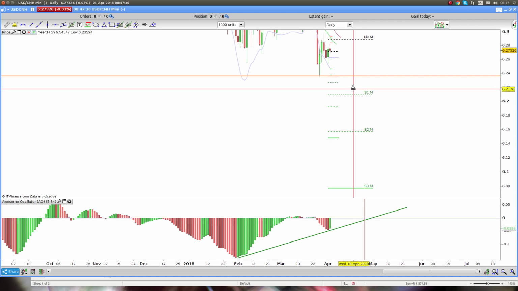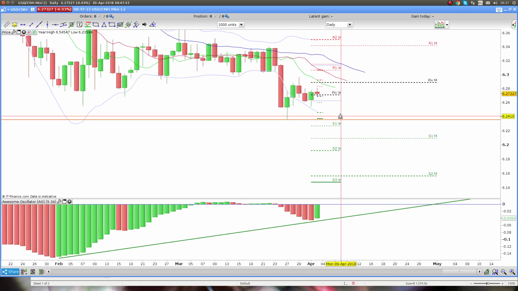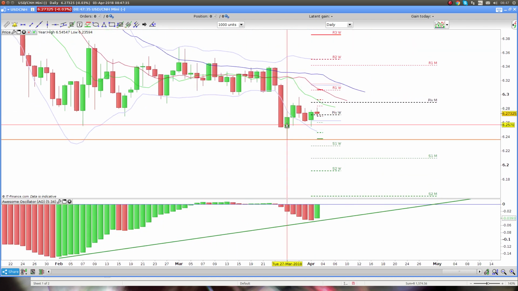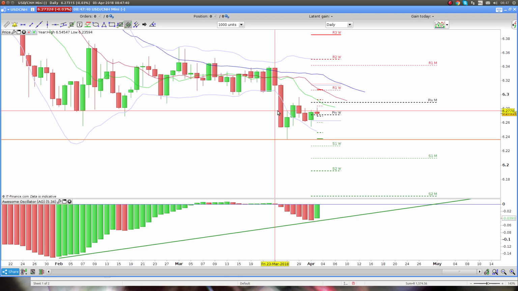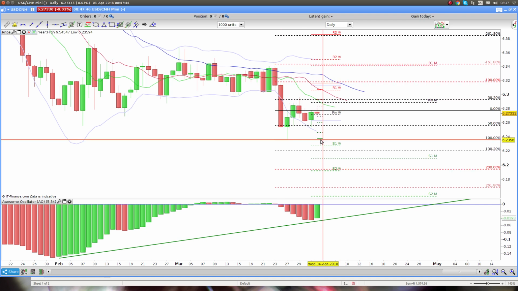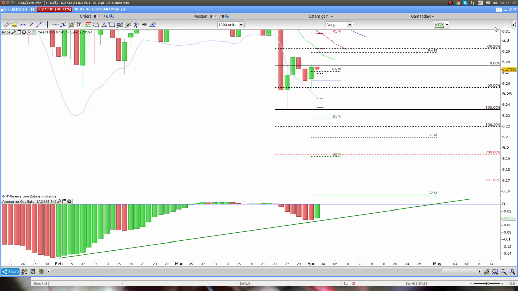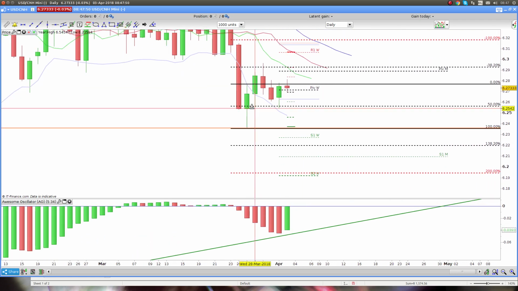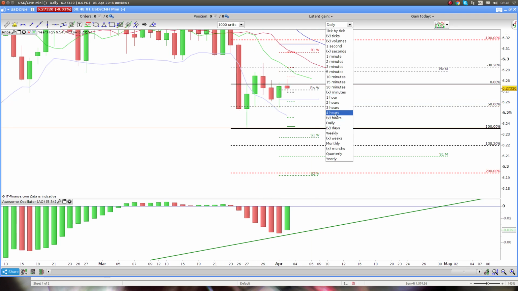Then the other thing that I see here is we have a range bar over here. This bar here is a range bar, and we've broken that range bar as well. So I just put my trusty range tool in. You'll see prices come back to the 50% mark of this range bar. We have broken to the upside, we've closed on the daily outside, and we've come back to this area here. So if I drill down now to the 4-hour